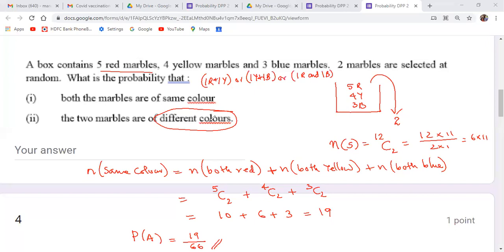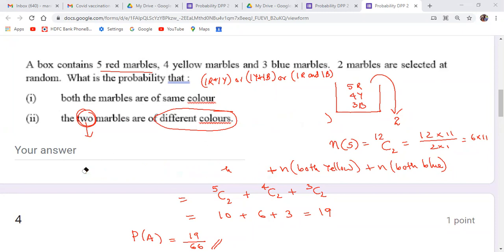There is also another method of solving the problem. Can anybody tell me another method? By the complementary method. If the two balls are not of the same color, what will they be? 1 minus the probability of the first one. So for different color, only two balls are there. Suppose three are there, it won't work. In two marbles, if they are of different color, it is the complement of same color. But if three are there, our method will change. Two red and one blue is neither different color nor the same color. But if it is two marbles only, this is possible.